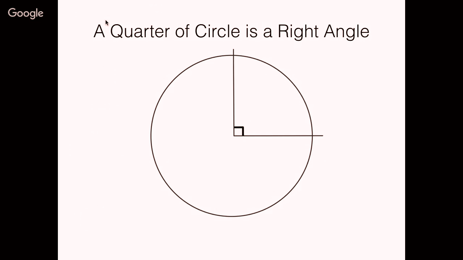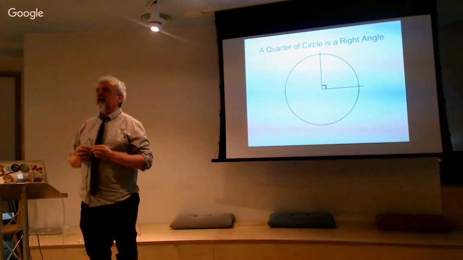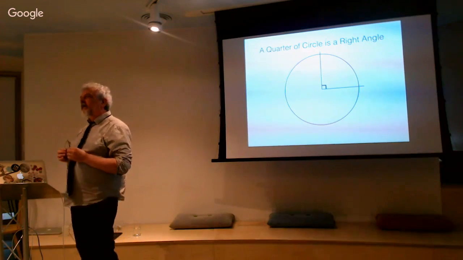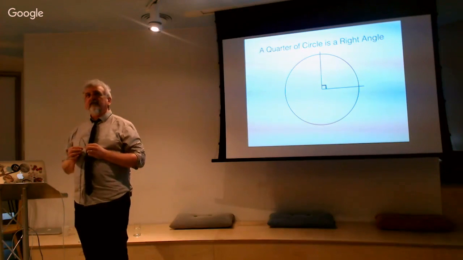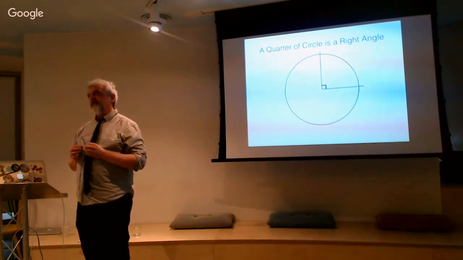And you might think, why such a strange number? I don't know if you ever wondered that. It's actually to do with the ancient Babylonians. The ancient Babylonians were in love with the numbers 6 and 60. And that was not arbitrary. The interesting thing about 60 is that it can be divided by a lot of numbers: 2, 3, 4, 5, 6, 10, 12, 15, 20, and 30, I think.